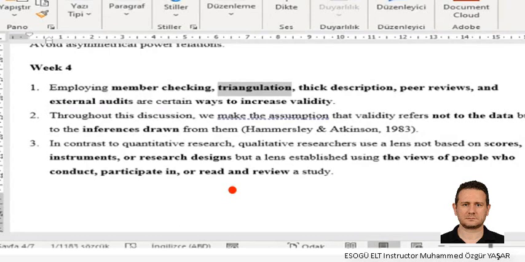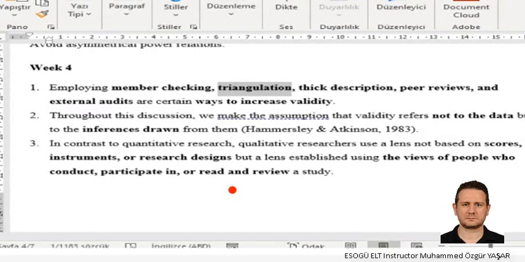So you can also do some extra data collection methods. Together with interviews, you implement observation, and you can also ask your participants to provide you with open response questionnaires.